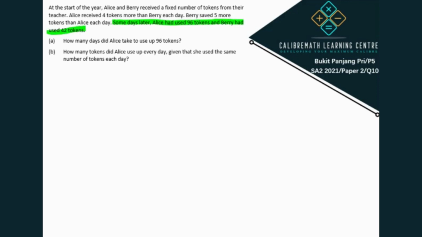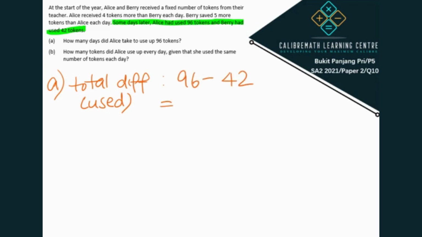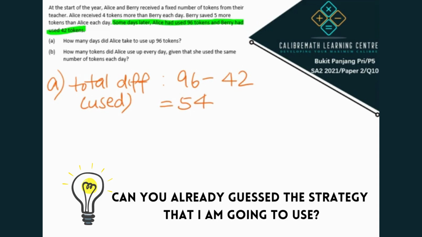From this sentence here, we will be able to find the total difference between the number of tokens that Alice and Barry had used. So we will start by finding the total difference in the tokens used. That will be using 96 to take away the 42, and that gives us 54. So 54 tokens is the total difference between the number of tokens that Alice and Barry had used after some